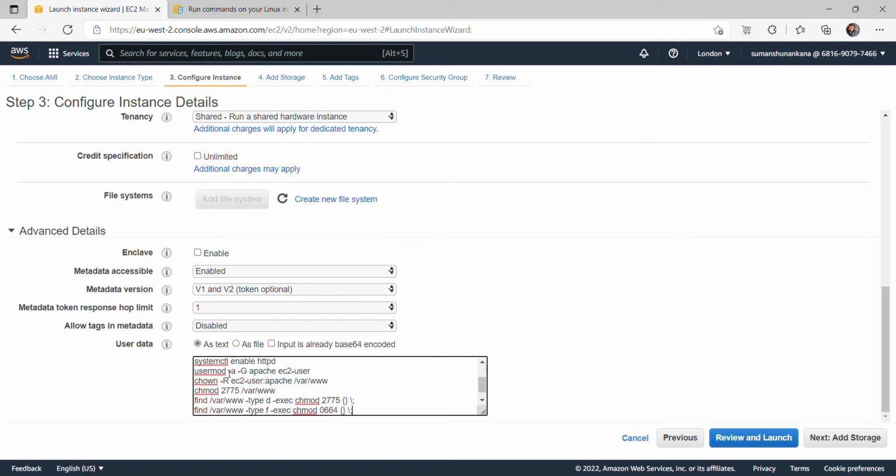So they are using the usermod operator. So usermod is basically to modify any user. So here we are adding our EC2 user to a particular group, and the group name is apache. Then we are changing the ownership of this folder, and we give some read write access to the group and to the owner,